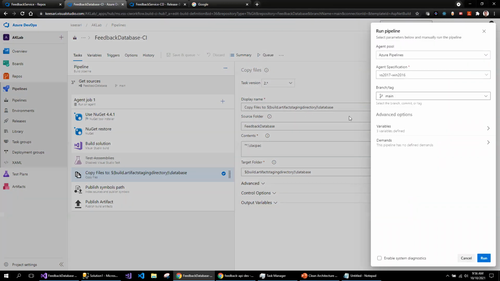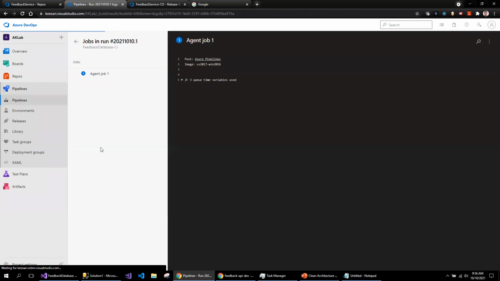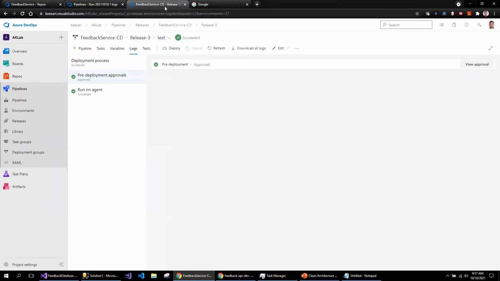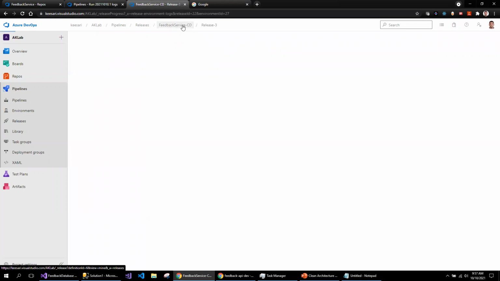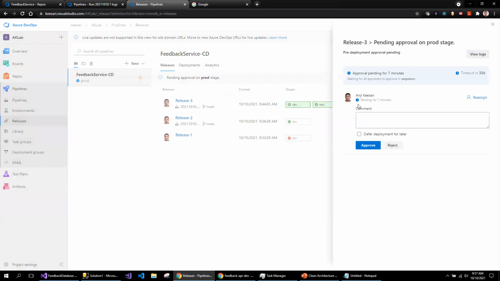So let me queue a new build and see if the DacPac file is getting created as part of the build definition. While this is compiling and building, let me see what's happening with the service deployment to test, which is completed. Basically in the test I'm also using the same service, which means the code is getting overridden.